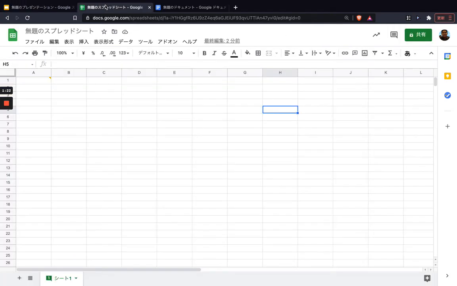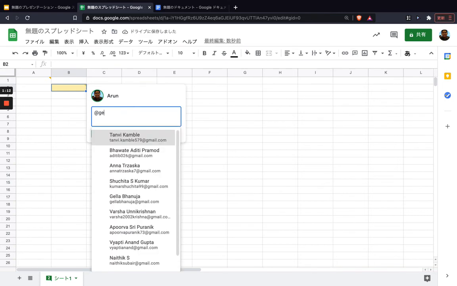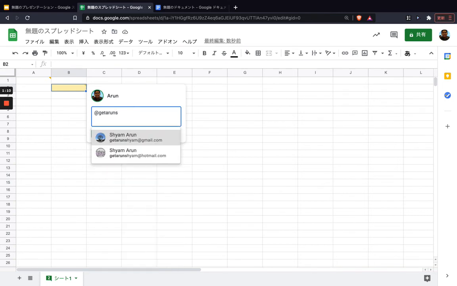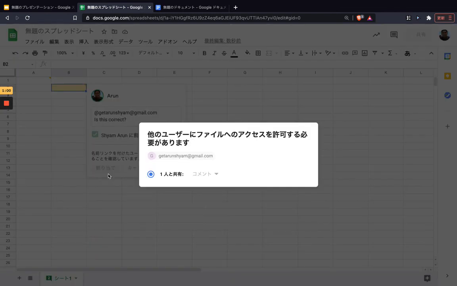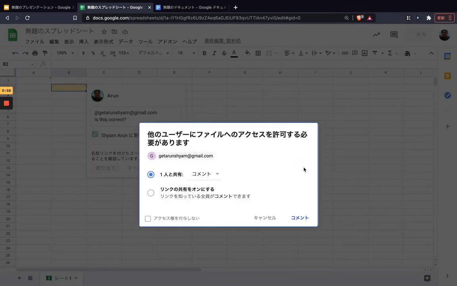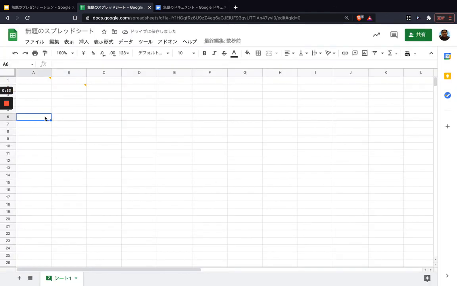This is the same for Google Sheets as well. You can click on any cell and use the comment option. You can assign the name here, and once you've assigned one cell, I'll get an email. So, is this correct? For example, you can leave a comment like this. This will probably come up in English for you. Once you've done that, for any other cell you just need to leave a normal comment, and I'll get to see that.